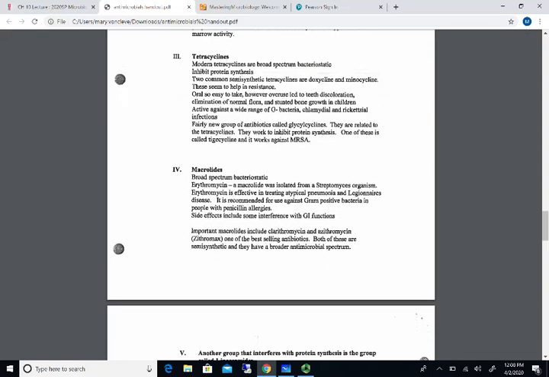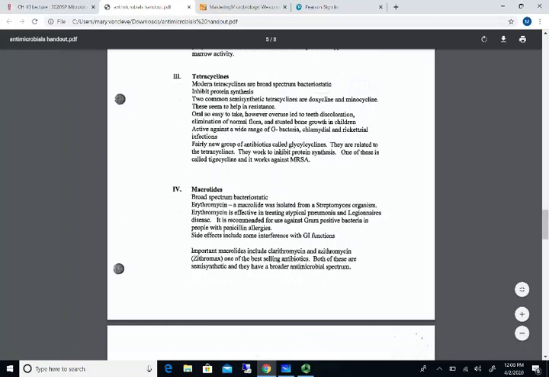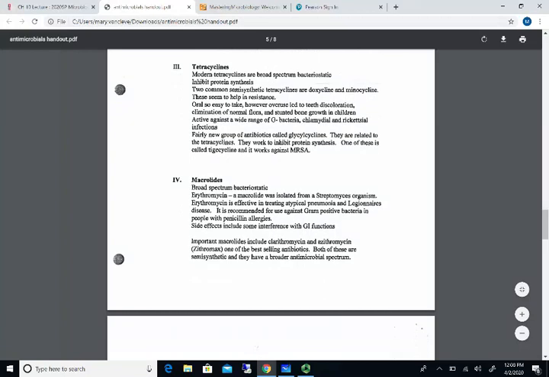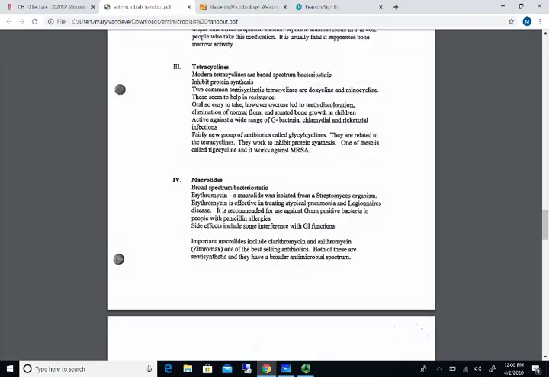It's very serious. Tetracyclines, our next one, also inhibit protein synthesis. They're very bacteriostatic. They decrease the number of microbes. They reduce their number. Doxycycline and minocycline are your most common semi-synthetic tetracyclines that help with resistance to bacterium. They're oral. They can lead to teeth discoloration that's shown in your textbook